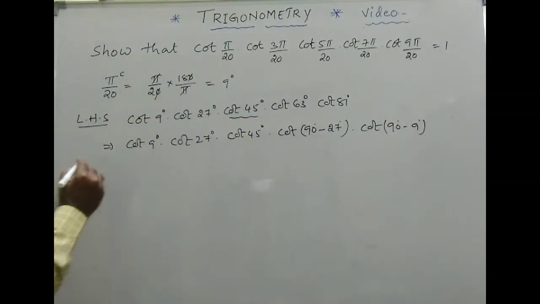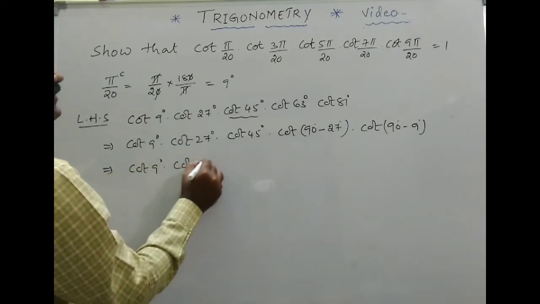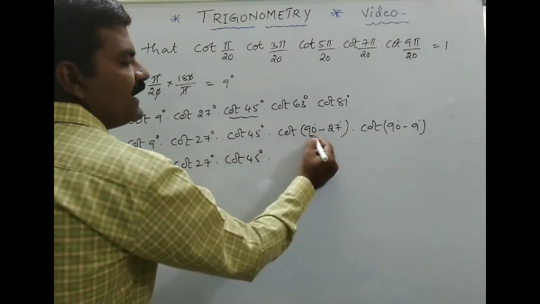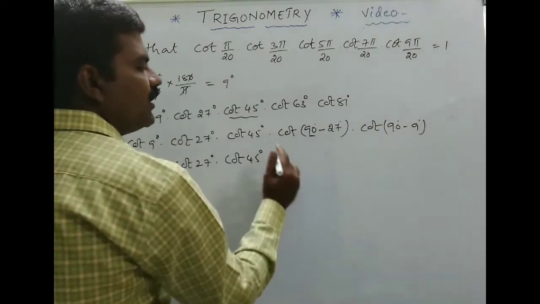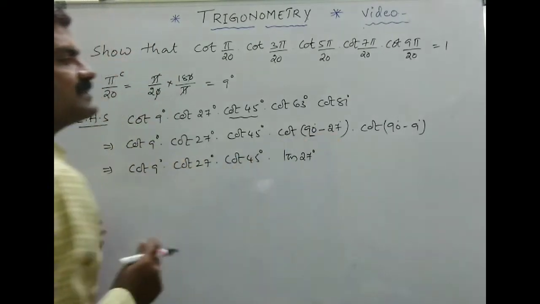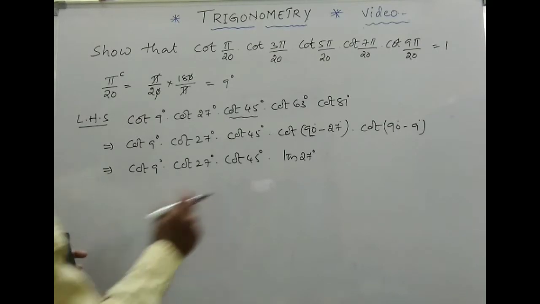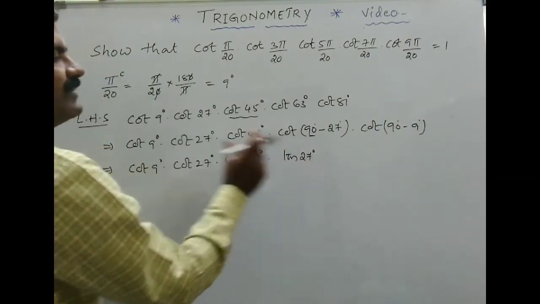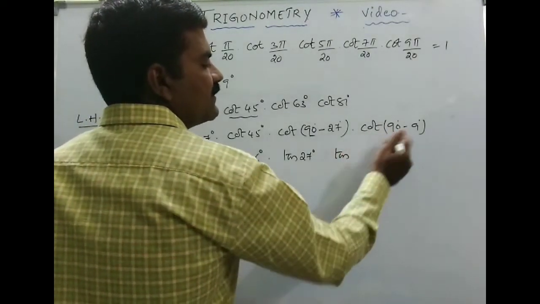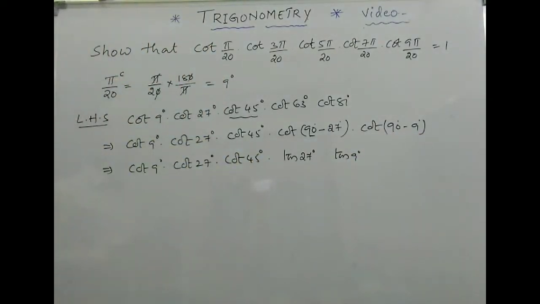Fine. Now see how simple the problem is. Tan 9 degrees, cot 27 degrees, cot 45 degrees, and look at me now, cot of 90 minus 27. Because of 90, cot changes into tan, and this is like 90 minus theta. Clearly in the first quadrant all are positive, so this is finally plus tan 27. In the same manner, because of 90, cot changes into tan 9 degrees, and moreover this is also 90 minus theta, which is first quadrant, hence it is positive.